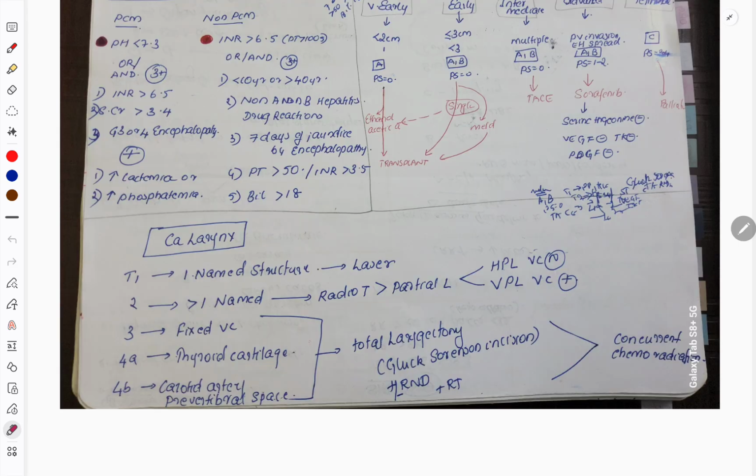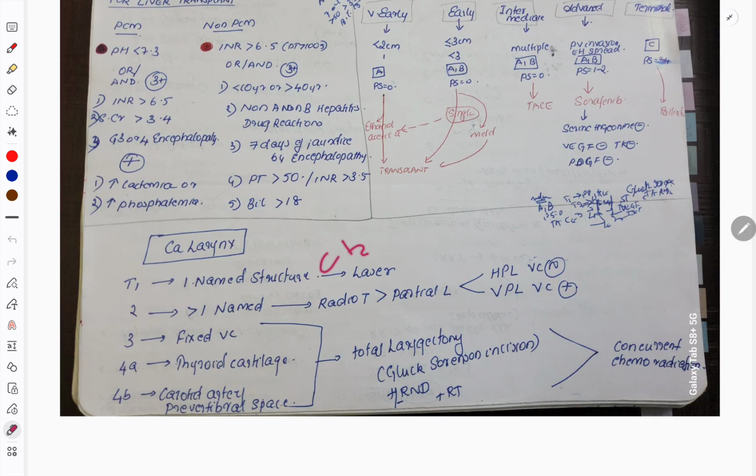After that, we'll see about portal hypertension. There are two types of portal hypertension. It can be non-cirrhotic portal fibrosis or extrahepatic portal vein obstruction. An example of extrahepatic portal vein obstruction would be Budd-Chiari syndrome. The important thing is there will be caudate lobe hypertrophy on CT scan. So when you are doing a CT scan and you see caudate lobe hypertrophy, you have only one differential in your mind,